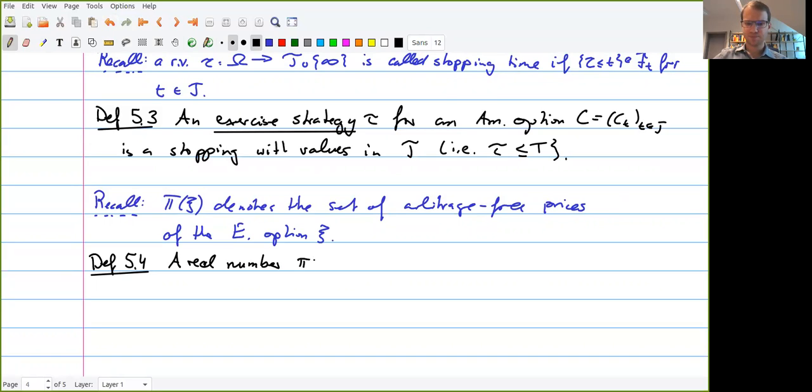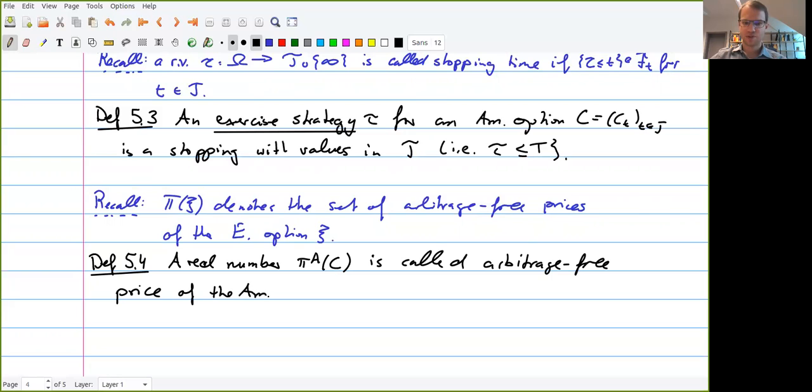So the price of an American option, let's call it PA to distinguish between American and European ones. So a real number PA is called an arbitrage-free price of the American option,